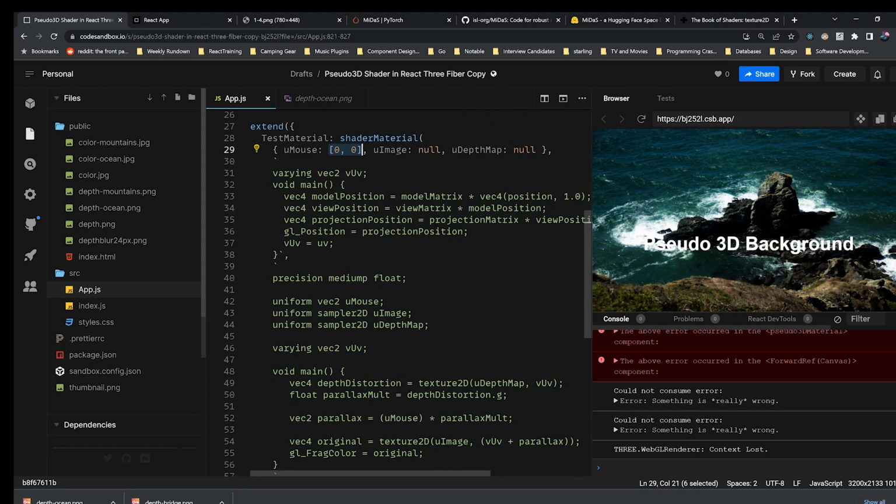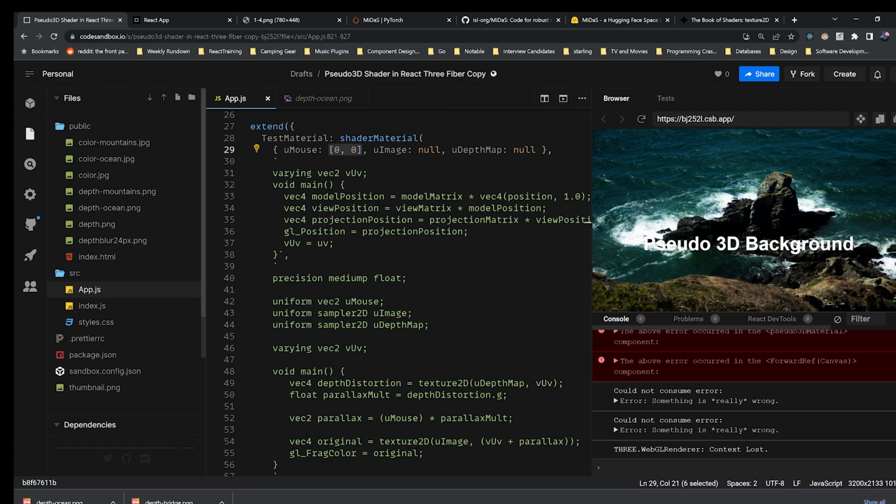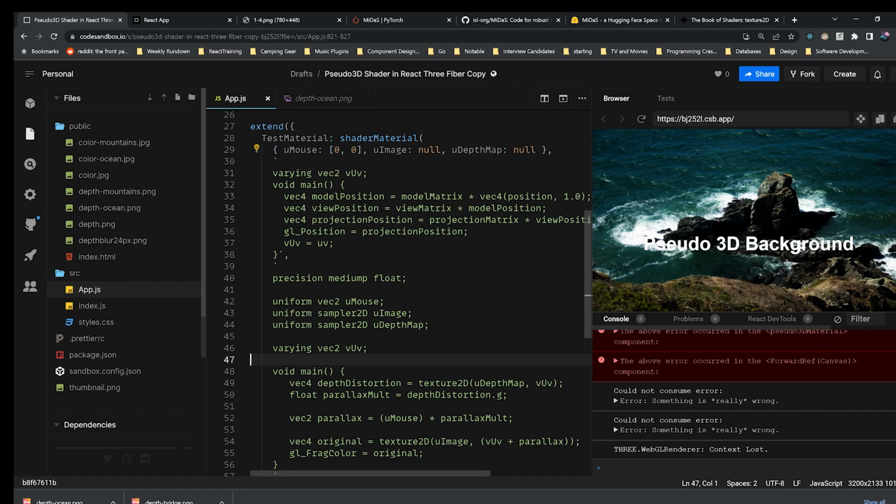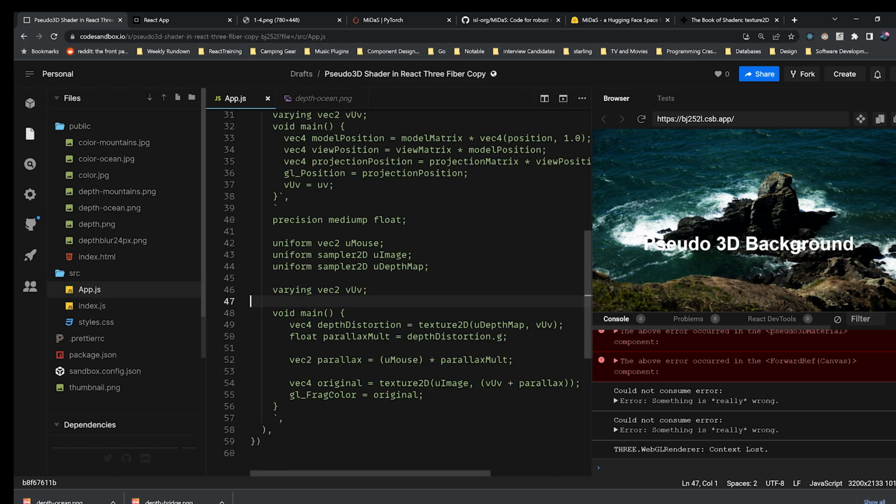We don't need to know the specific numbers, just know it's some negative number. And if it's in the bottom right, it might be two positive numbers. And that's changing as we move the mouse, right? Okay, so what that means is